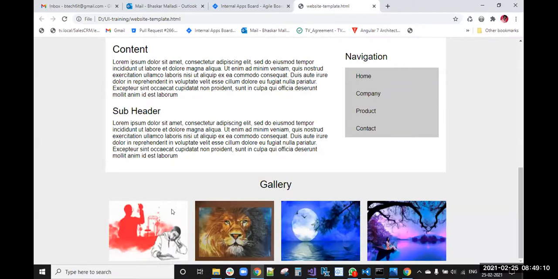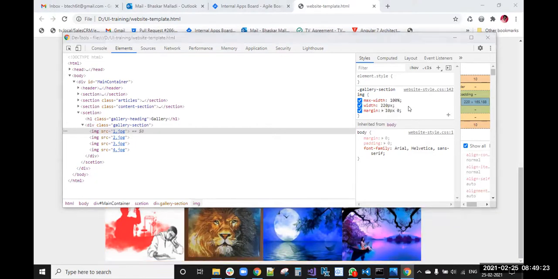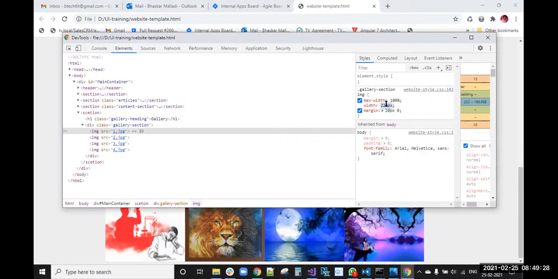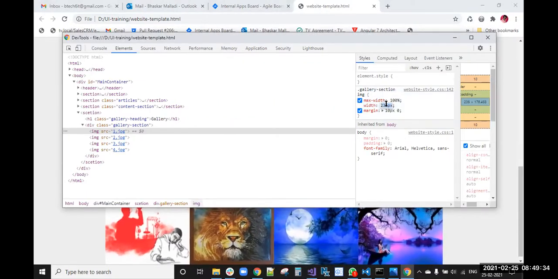So we can remove the margins also. Don't have margins. Because of that, more benefits.